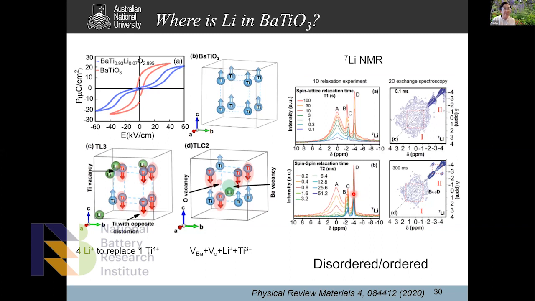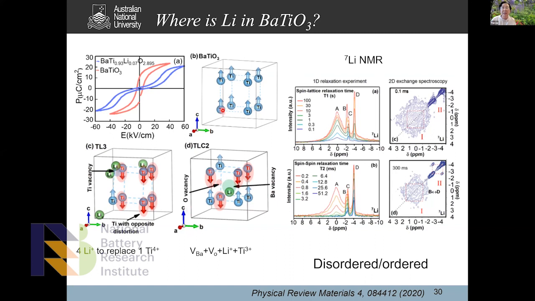I think most people would never think that you have 1 octahedral site with 4 lithium located in that region. So that will definitely give you a large effect, because the lithium is located this way. And in that case, the titanium is not like in barium titanate,